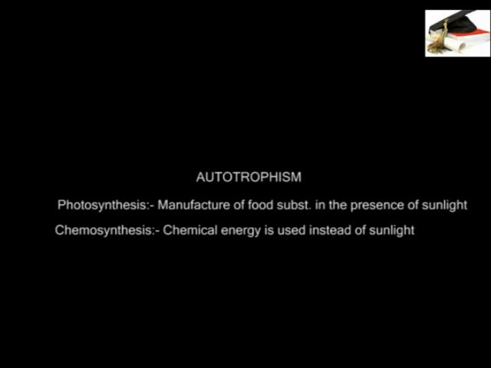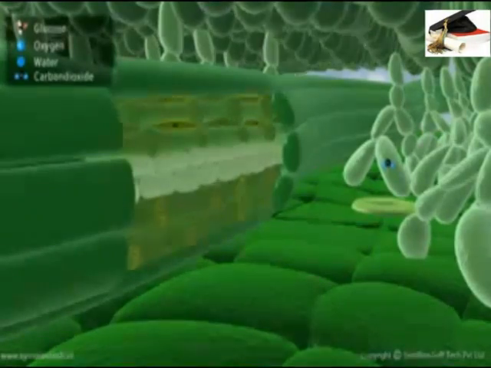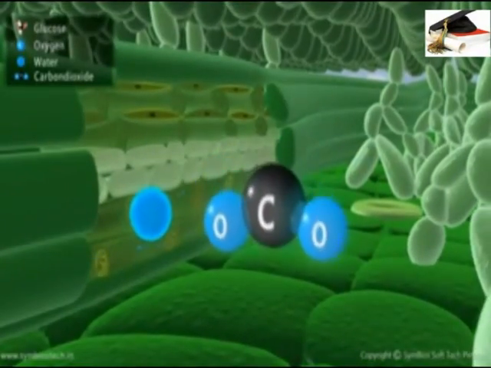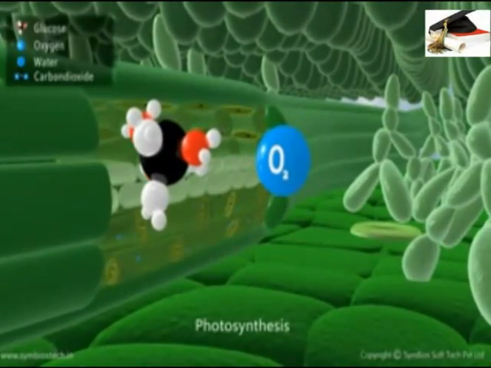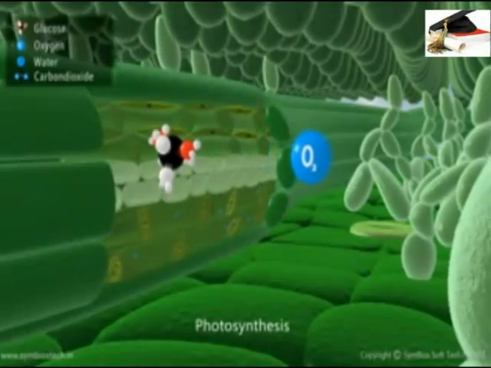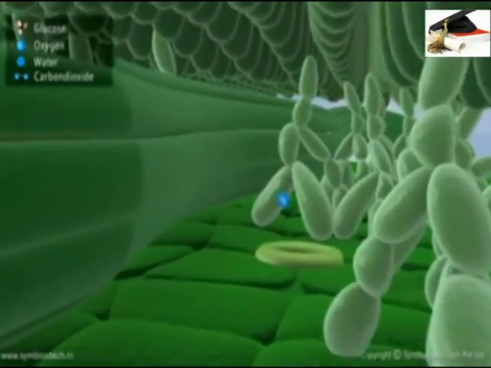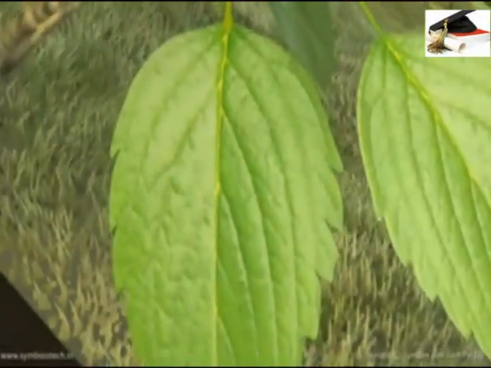As a result of photosynthesis, food substances such as carbohydrates, proteins, and fats are formed. Plants are therefore the primary producers, and animals directly or indirectly depend on them as a source of food. Therefore, it can be concluded that the process of photosynthesis involves the conversion of light energy into a form that can be utilized by all living organisms.